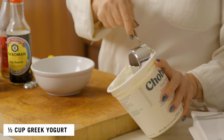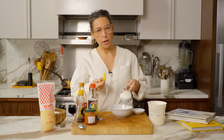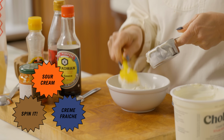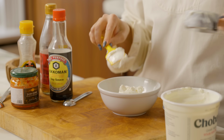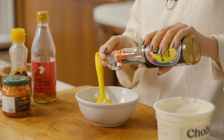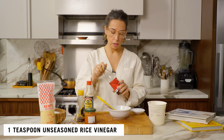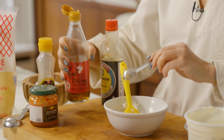I'm gonna start with half a cup of plain Greek yogurt. If you have regular plain yogurt, maybe just set it in a fine mesh strainer when you're gonna start on your prep, and let some of the water drain. That'll thicken it up. And to that, I'm going to add a teaspoon of soy, a teaspoon of rice vinegar, unseasoned rice vinegar preferably,